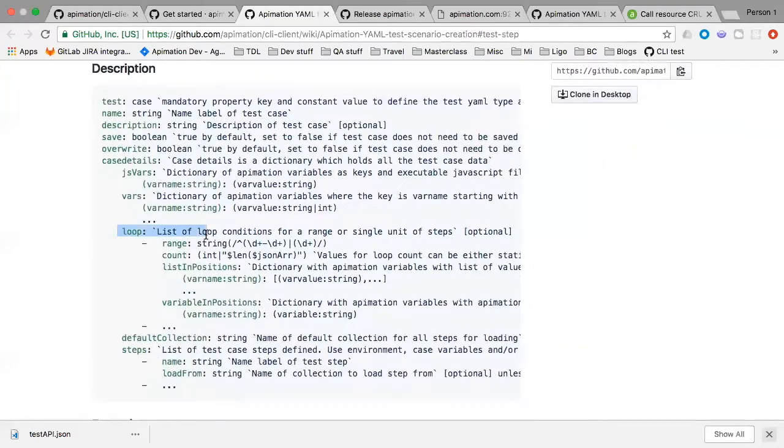So we see the loop. What does the loop do? First, it's a list of loop objects. Each loop object has a range, which is the range of steps. So you can loop one step or a group of steps. For example, you can go from one through the last step and sequentially go through each of them. But what we want to do is